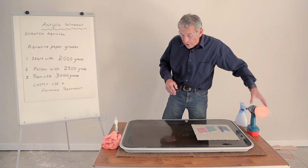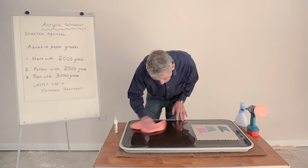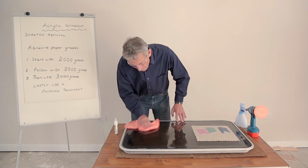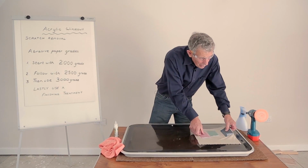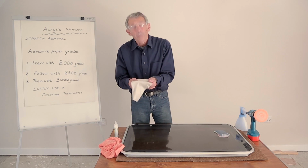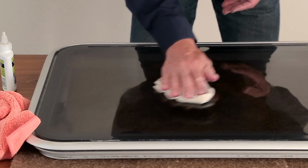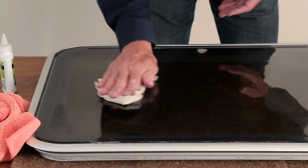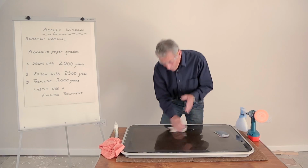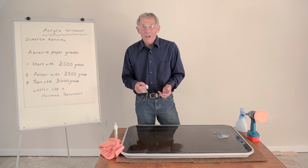The last stage is to either use this or to do that first, and then to finish it off with the type of rag that is used by opticians and comes often in your spectacle case. This is the creme de la creme, you might say. I defy anybody to see that scratch. The system really